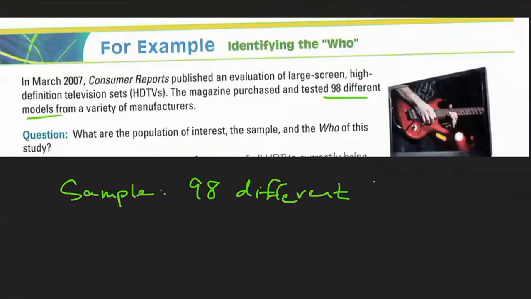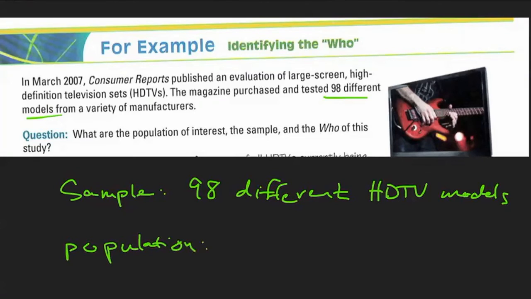The 98 different HDTV models. The population, I don't think they make it very clear here, so we'll have to use a little bit of our own judgment. Let's see, it says they publish an evaluation of large high-definition television sets, and it doesn't really say what they want to know about, but it's kind of implied that they would want to find out the best HDTV. So the population, in this case, we'd probably say the best answer would be all